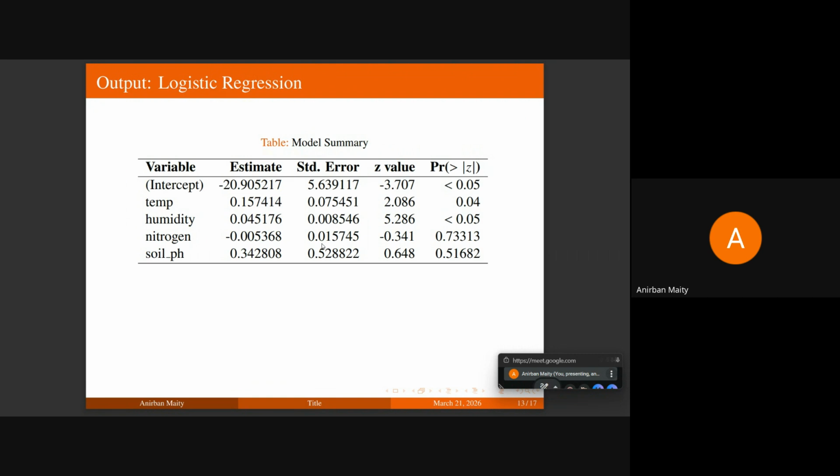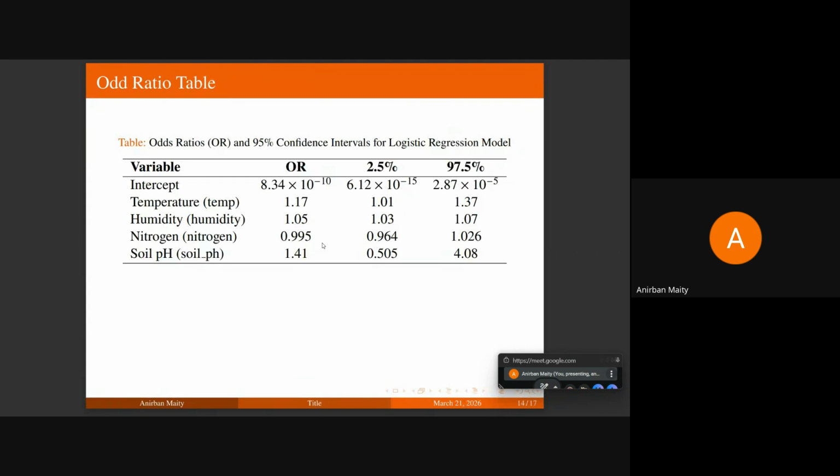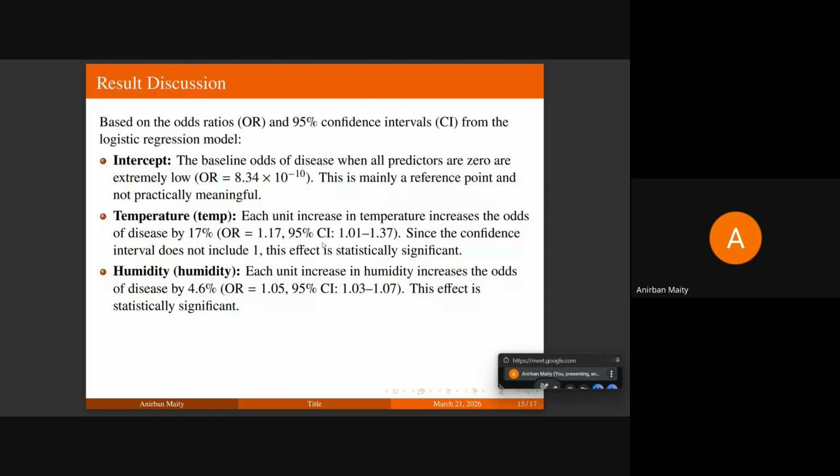The odds ratio is 1.17, which means that each unit increase in temperature increases the odds of disease by 17%. That means the risk increases by 17%, and since the confidence interval does not include 1, this effect is